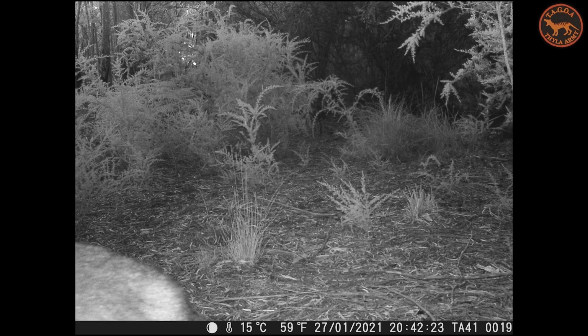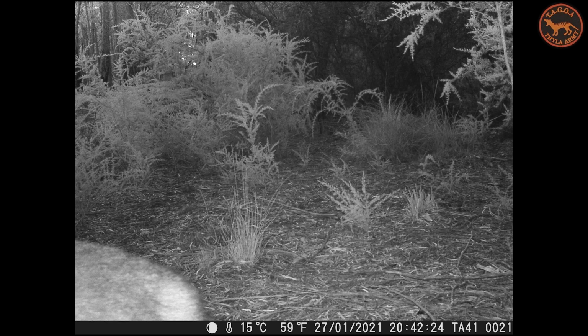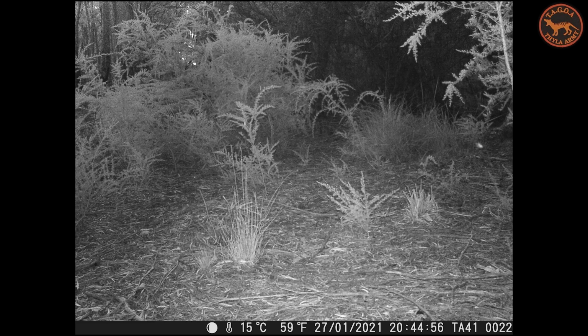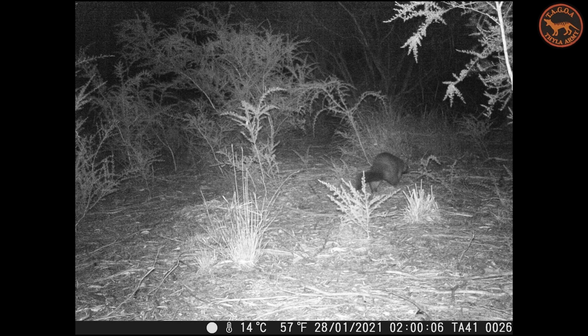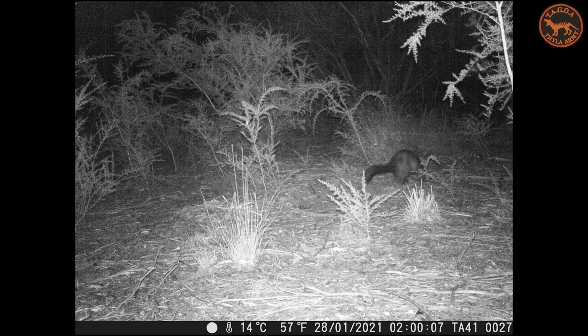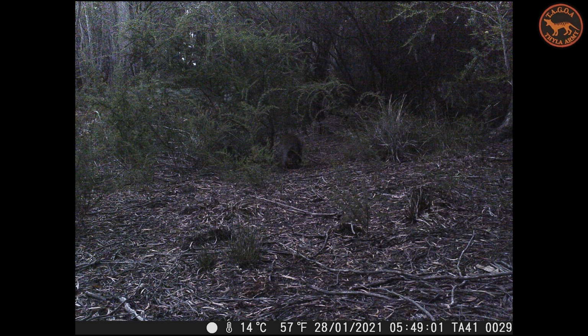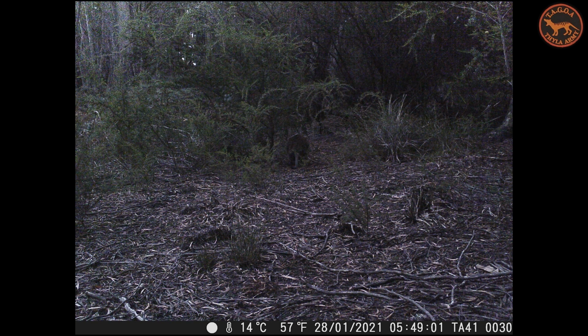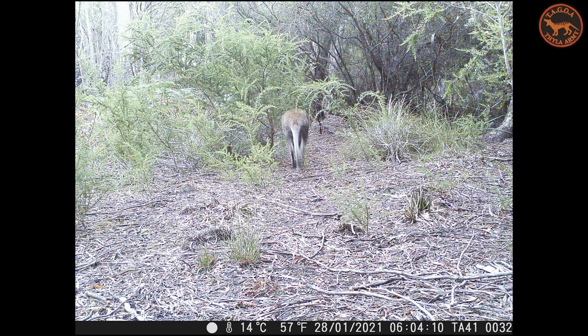This round has seen quite a few increases in the number of devils we're getting on our cameras around the place, which has been really good to see, very positive. So far out in the northeast we haven't seen a single devil with a facial tumour on any of our cameras, so that's really encouraging. A lot of quolls still out this way, so we're seeing tiger quolls and little eastern quolls as well, which is awesome. Good numbers of pygmy possums, and there is actually at least one shot in here, in this file,